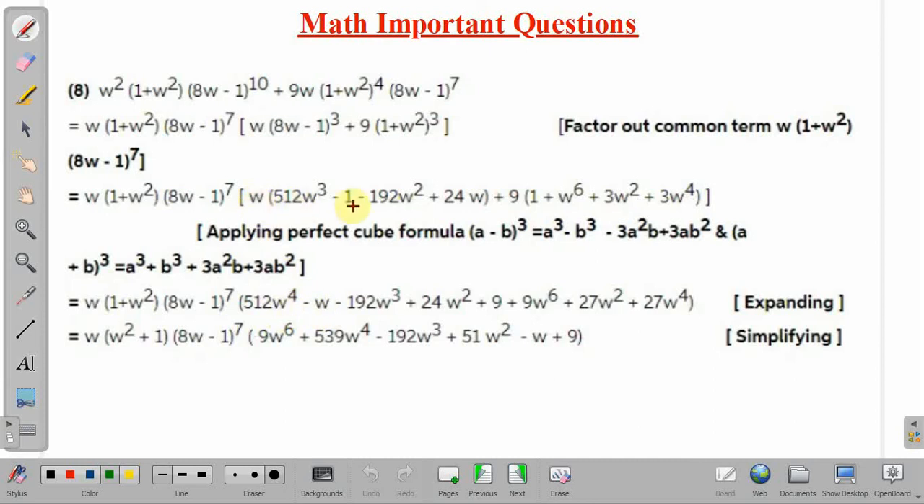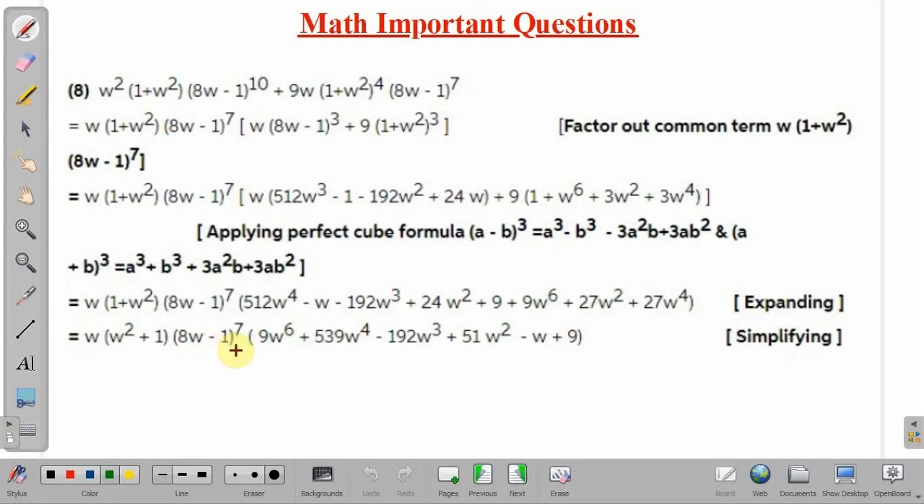Then w with minus 1. So minus w, then this into w. So it will be minus 192 w raised to the power 3 plus 24 w square plus 9 w raised to the power 6 plus 27 w raised to the power 2 plus 27 w raised to the power 4. So after simplifying, we will get w into w square plus 1 into 8w minus 1 raised to